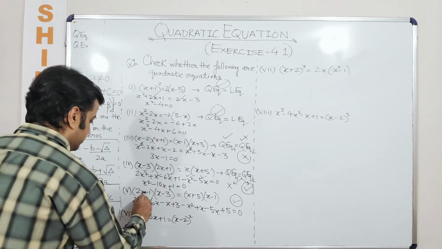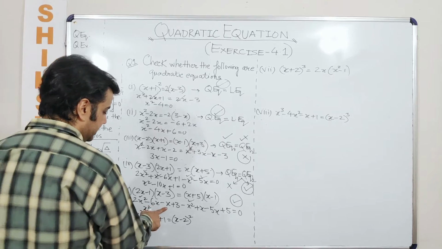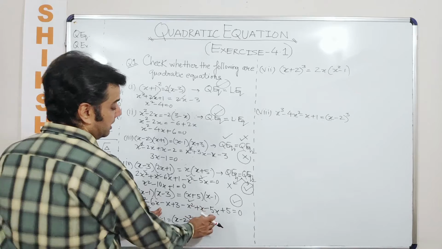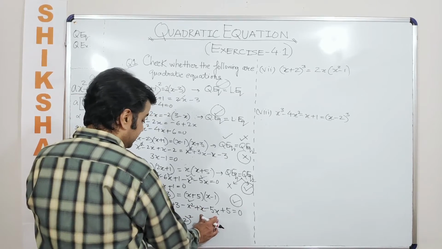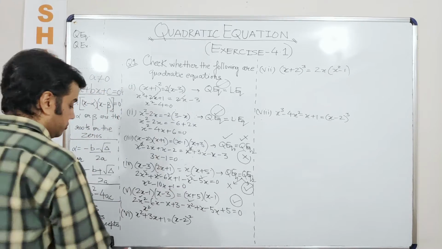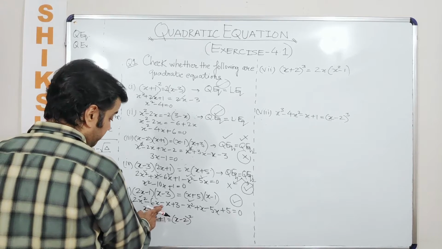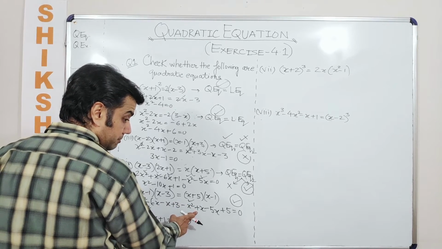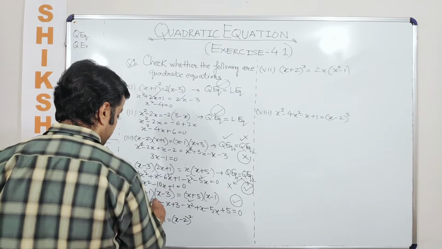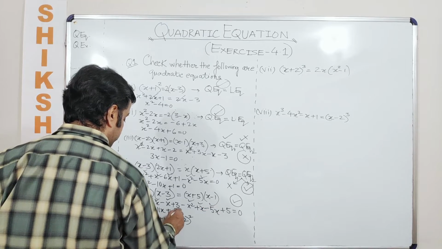So when you solve this, this becomes x square. Now minus 6x minus x is minus 7x, and minus 5x comes from there, or let's say minus 4x. So minus 7x minus 4x when combined together makes it how much? Minus 11x. Let's see it again: minus 6 minus 1 is minus 7, minus 7 plus 1 is minus 6, minus 6 minus 5 is minus 11. So have we used all the coefficients of x? Yes. 3 plus 5, 8.